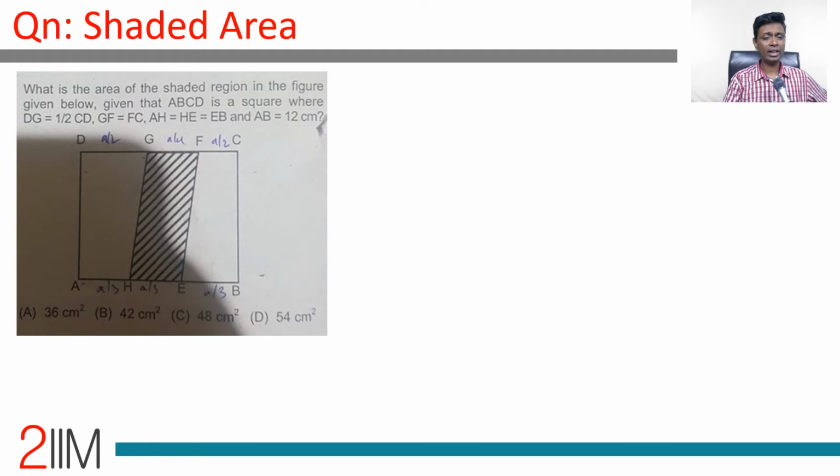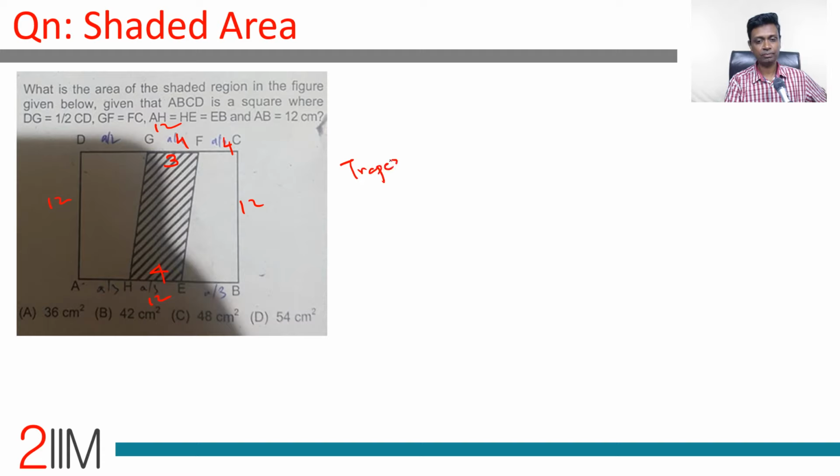And so what is the area of the shaded region in the figure given below? ABCD is a square and AB is 12. So this is 12, 12, 12, 12. DG is half of CD. This is A by 2. GF equal to FC, so A by 4, A by 4. AH equal to HE equal to EB. All three are equal, A by 3, A by 3, A by 3. So this is 4. This is 3. A is 12. So this shape GFEH